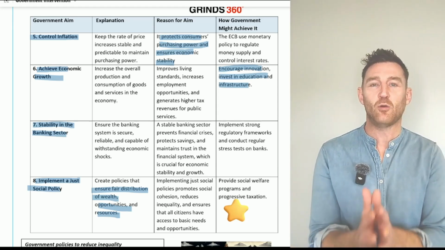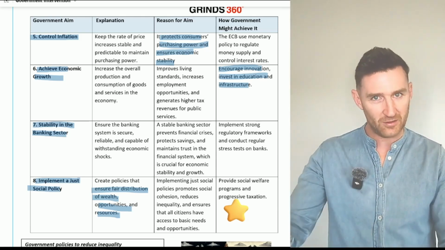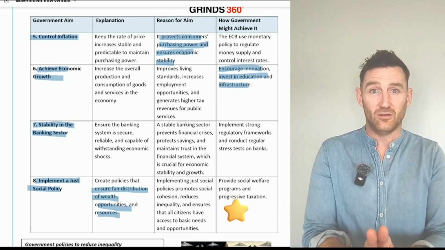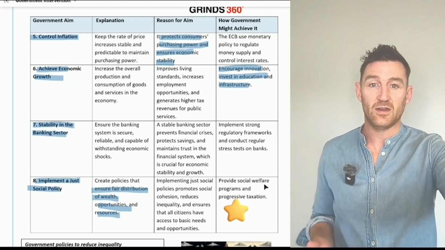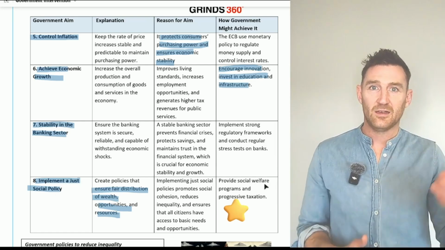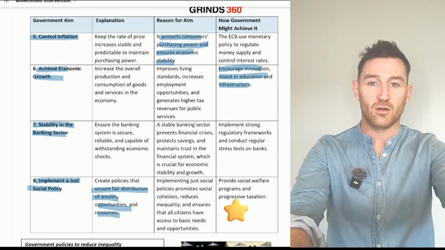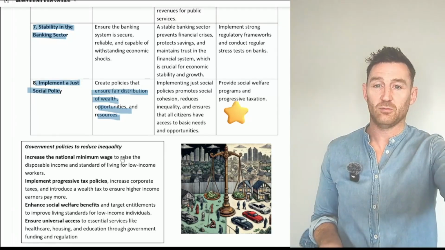You could see an exam question that says, how can the government improve their Gini coefficient scores? So this is going back to strand 1. And again, that's just a question about how can the government reduce inequality. So some of the ways the government can reduce inequality: provide social welfare programs, progressive taxation. A progressive tax takes proportionally more from high income earners than from low income earners. And down that box, you'll see some of those suggestions of government policies to reduce inequality.